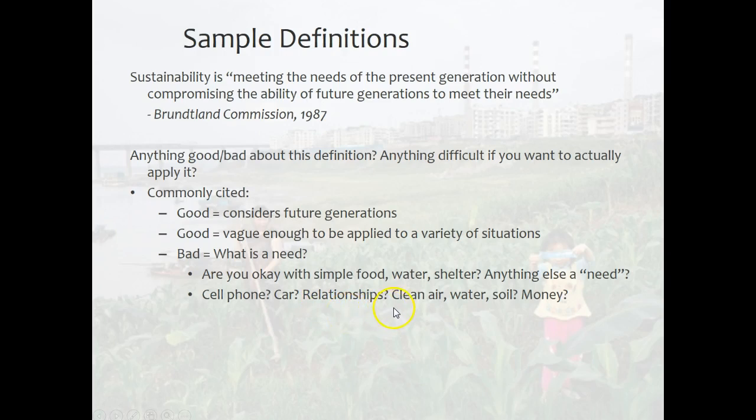Is that important? For most people, they would probably say yes. What about clean air, water, soil? What about money? Is that a need? How much money is necessary? So again, the whole point here is that there are many more questions that could be asked. But